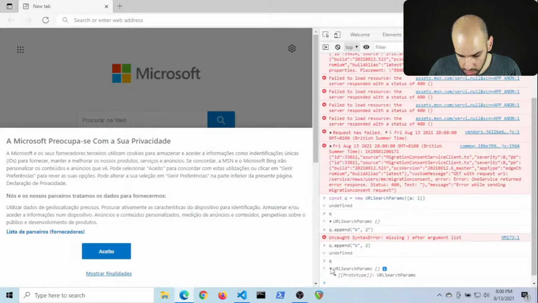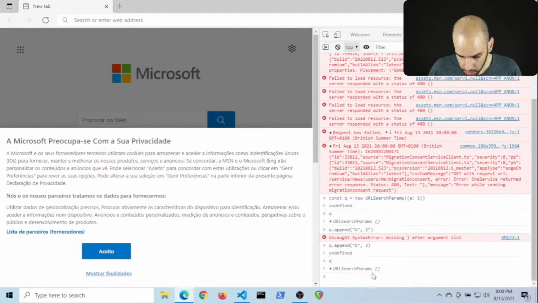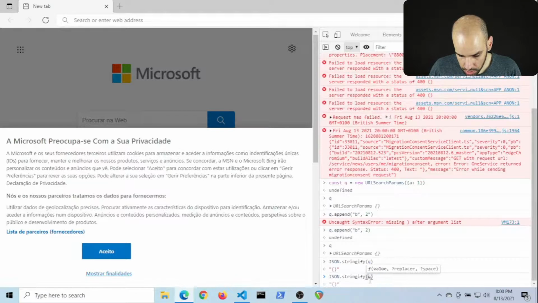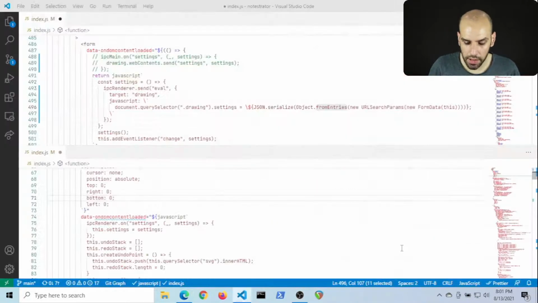Oh, still doesn't have anything. I bet that there is something in there. How does JSON stringify react to Q? Empty object. What if I object from entries Q? Then it works. Oh, and it actually worked the first time. So yeah, I have to say object from entries, and it's not JSON serialize, it's stringify. Like that.